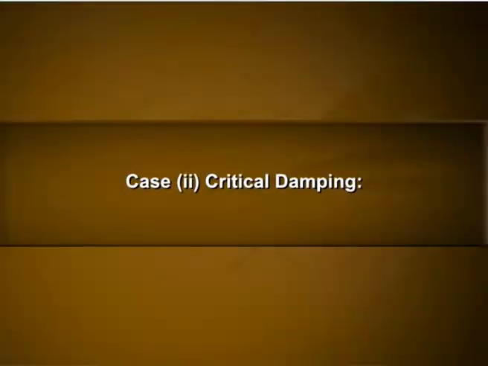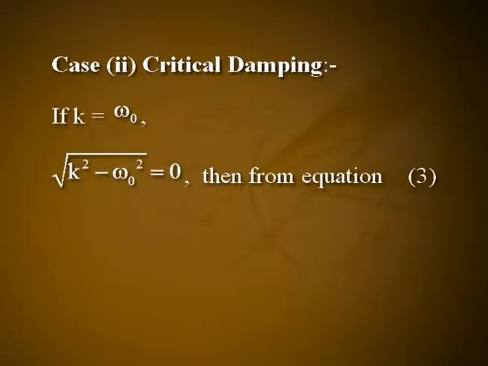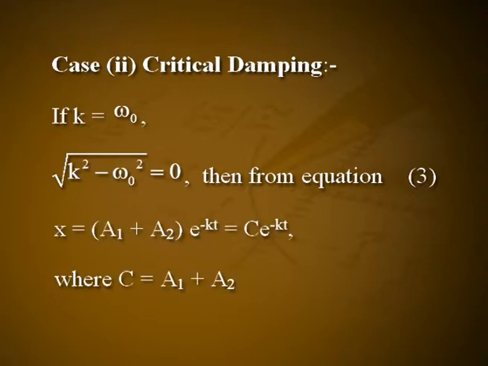Examples are 1. Deadbeat galvanometer, 2. A pendulum oscillating in a viscous fluid like oil. Case 2, critical damping. If k is equal to omega naught, square root of k square minus omega naught square is equal to 0, then from equation 3, x equals a1 plus a2 into e raised to minus kt, equals c into e raised to minus kt, where c equals a1 plus a2. In this equation, there is only one constant, and so it does not provide the solution of differential equation 1 of second order. Let square root of k square minus omega naught square equal h,